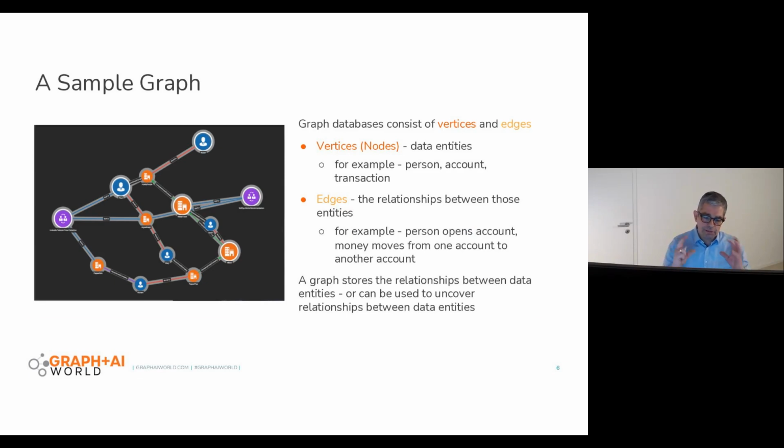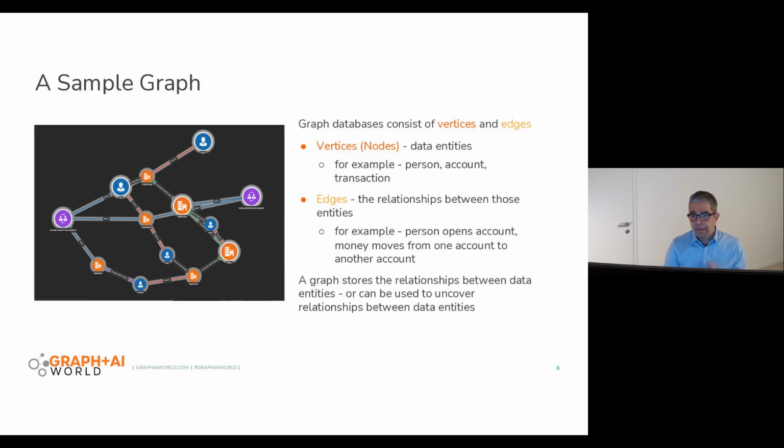To give a very short explanation, a graph is basically a database, but it's not a relational database where you store your data in a table with rows and columns. It's not a key value store where you store keys and respective values that are in many cases JSON documents. A graph database is a different storage model, and it consists of vertices, also called nodes,